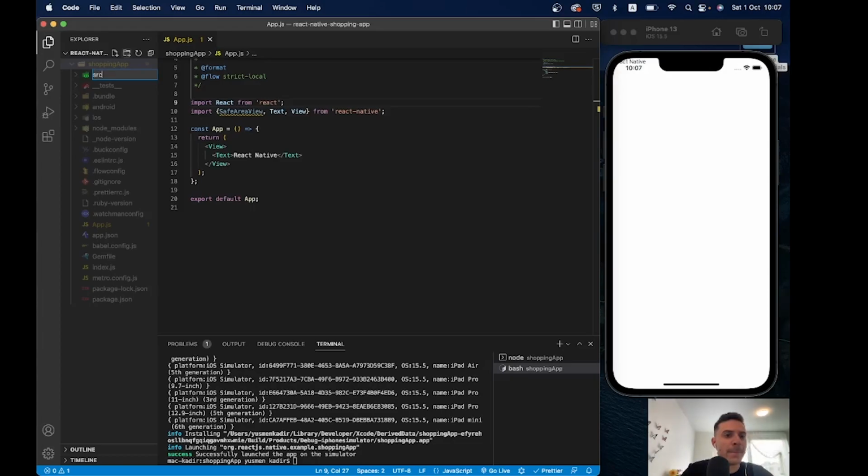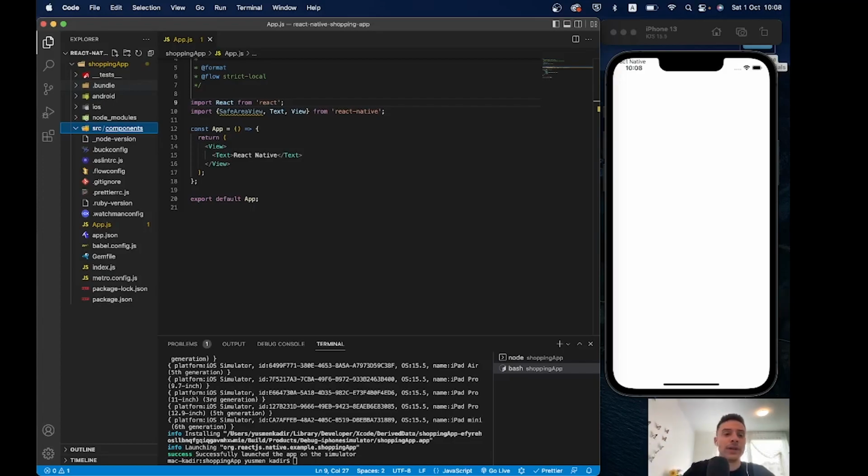Okay, and inside this source we're going to create a folder called components. So components, okay,